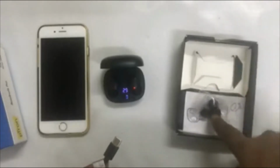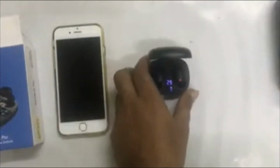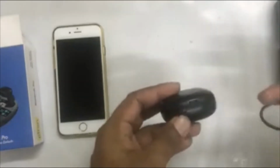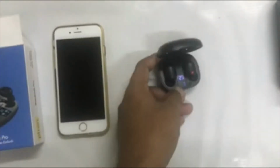Plus if we see guys, here what is in the box, then of course there's one charging connector, second is your earbuds, and this is the menu on how to use this. So see guys, here I'm going to connect and I would like to show you how the quality is. Now one thing more, here is the charging connector, charging jack, and you can directly plug this charging connector into your adapter. So now you can check it easily guys, what percentage of charge remains. So that is a quite good feature, and it's coming